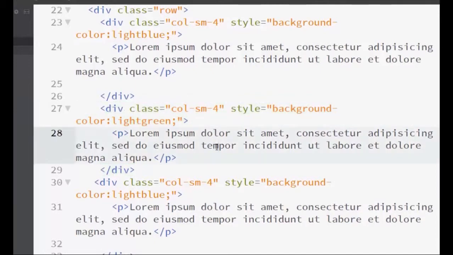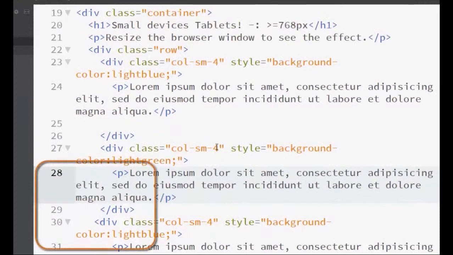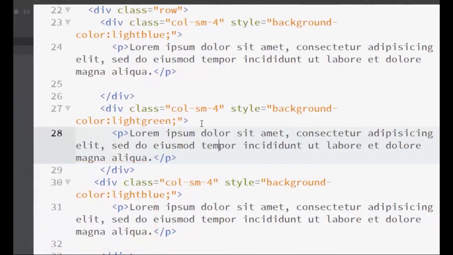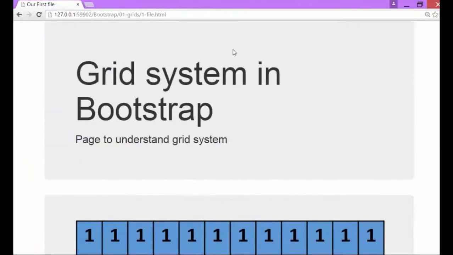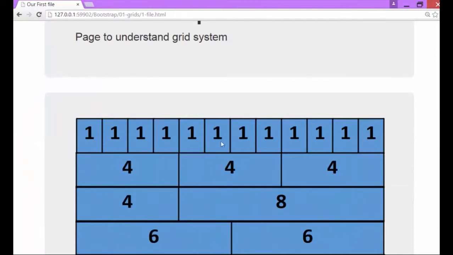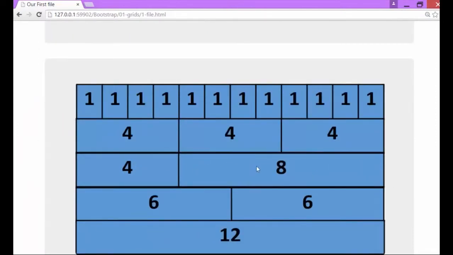Now, one thing for your assignment as well. What you have to do is create different templates from this particular web page only and make sure that you use all of these layouts that we have discussed in the first file. So the smaller one will have all of these. Create all of these 12s, create this particular one which we have already done, create this 4 and 8, create this 6 and 6, and create this 12.